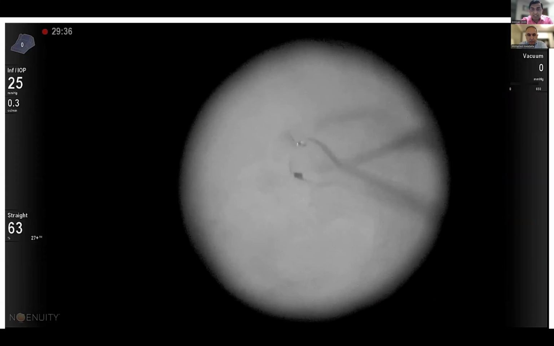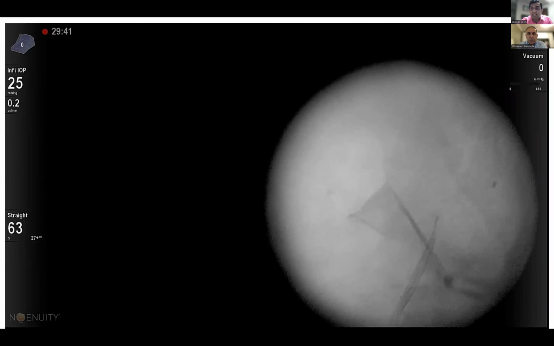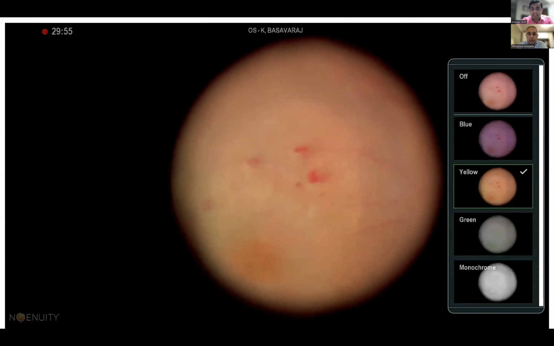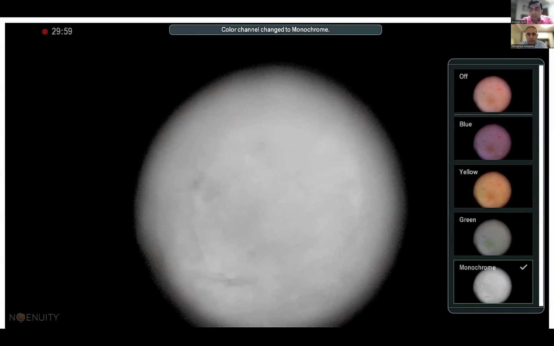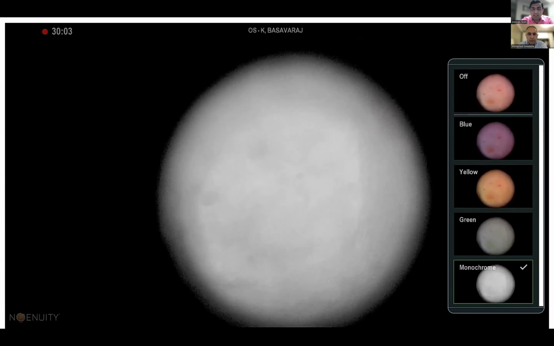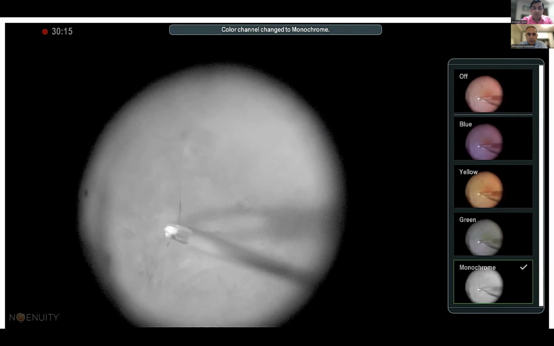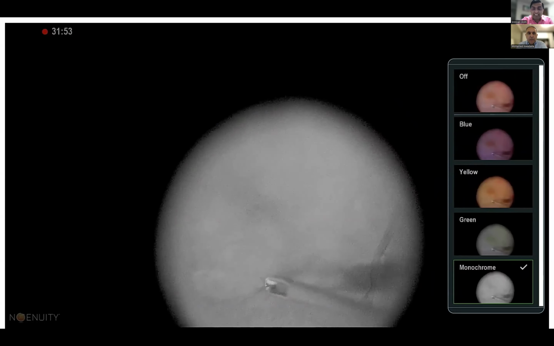And with the help of that, see how beautifully you can distinguish the ILM membranes very nicely. But the disadvantage is you don't see the underlying retina or any blood. See, it gets masked, so you have to be a little bit careful about it. But once you get used to it, now you can see the pinch and peel technique actually decreases